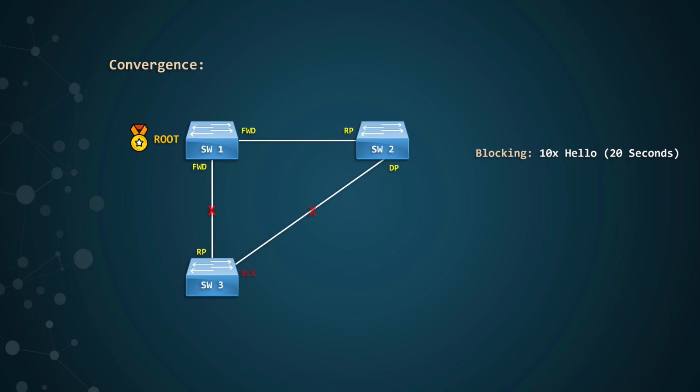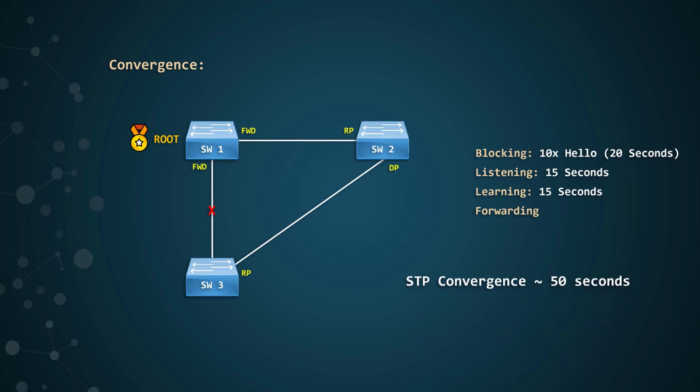First, the switch waits for 10 hello messages, which are 2 seconds each, and that's a total of 20 seconds. Then it goes to the listening state, which is another 15 seconds. Then to the learning state, which is another 15 seconds. And finally, to the forwarding state. Now, if we calculate this, STP Convergence took about 50 seconds, and that's a lot of downtime in modern